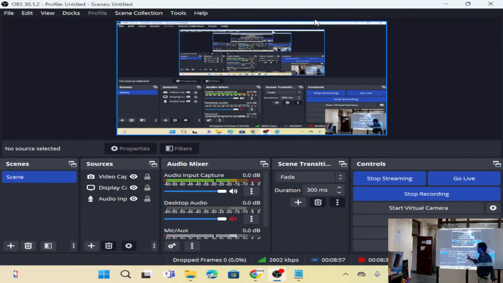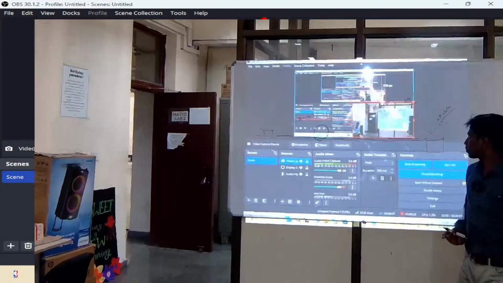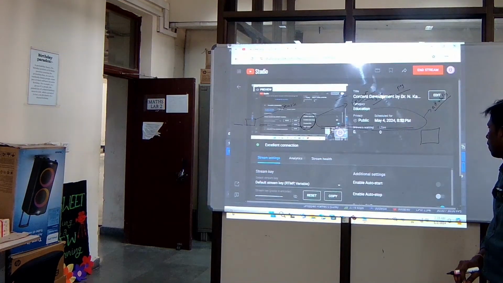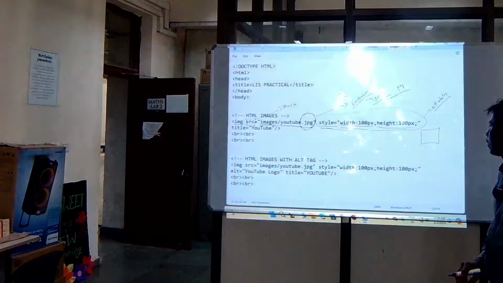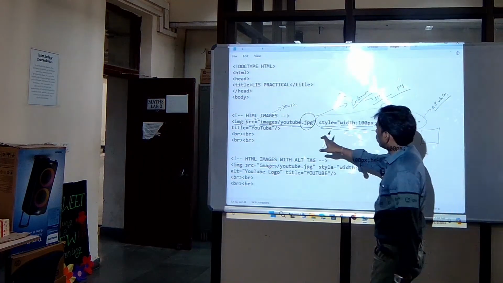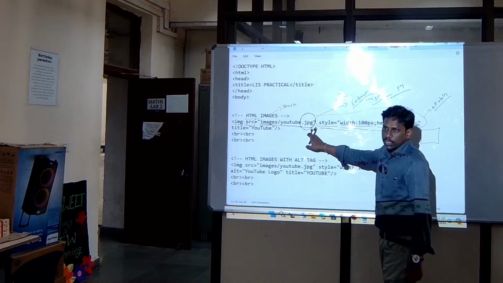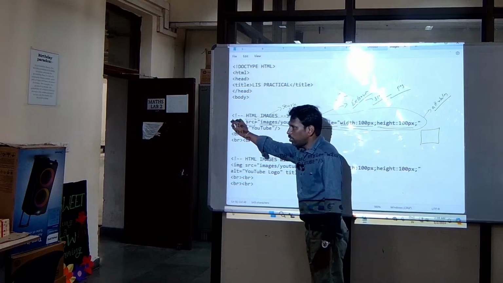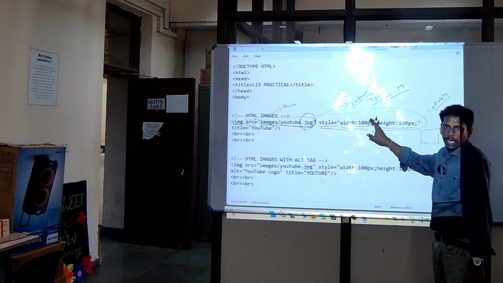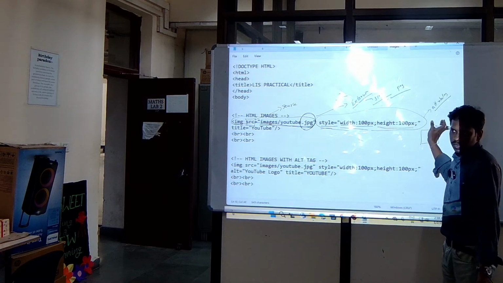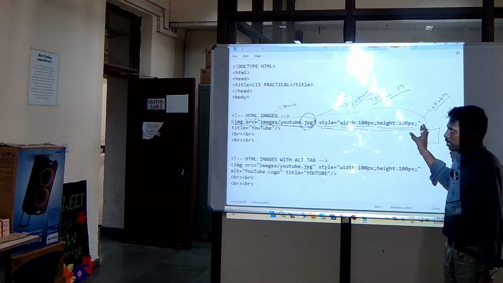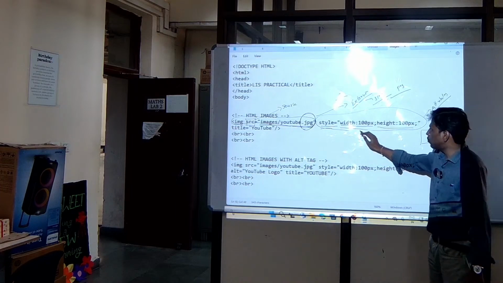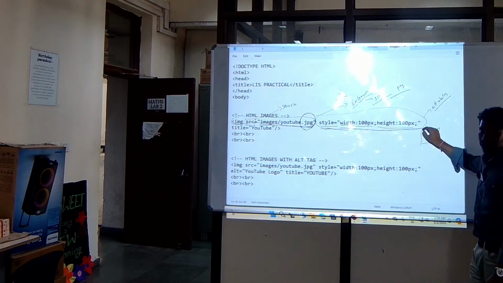So the image which you are going to capture through this source will have different dimensions. It may be of smaller size, it may be of larger size. If it is of larger size, then it won't get accommodated into your web page. So in that case, what we have to do is change the size of the